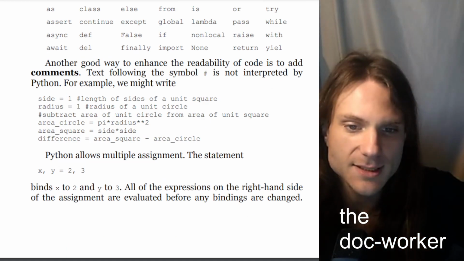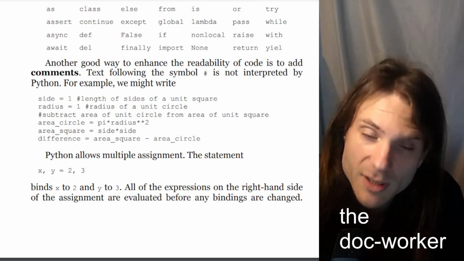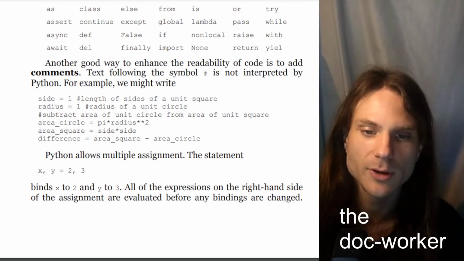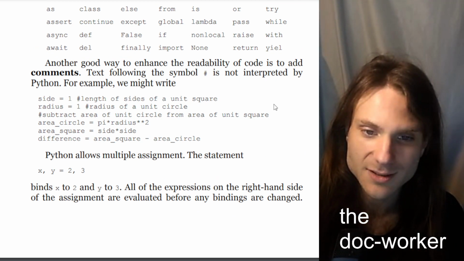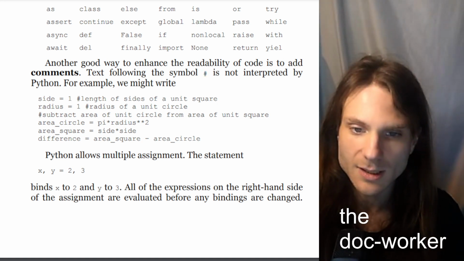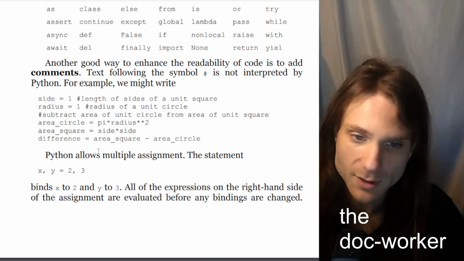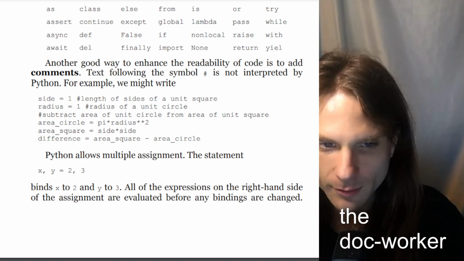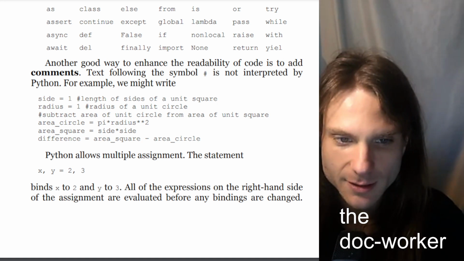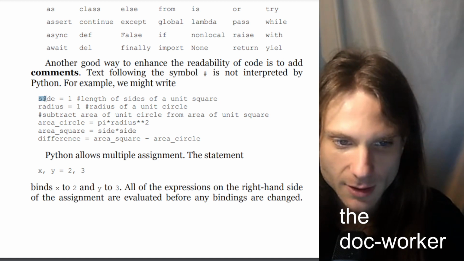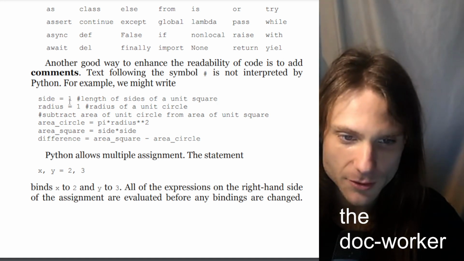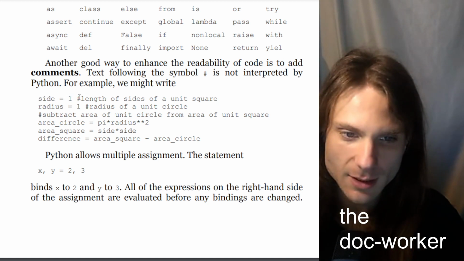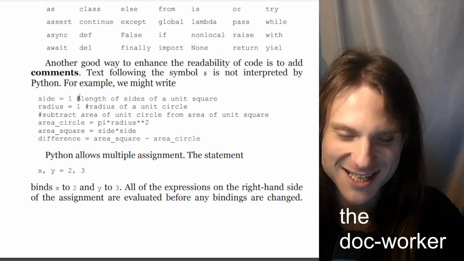Another good way to enhance the readability of code is to add comments. Text following the hash, or pound sign, is not interpreted by Python. For example, we might write this. Here we've got a whole bunch of variables that we're setting equal to their respective values, and after some of these, we've got the variable side, we assign the value 1 to it, and in the same line, with the hash sign,